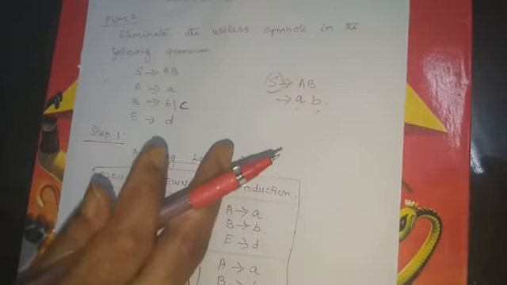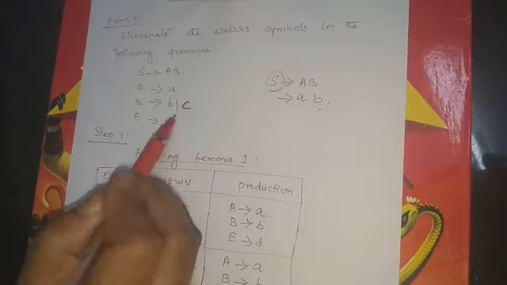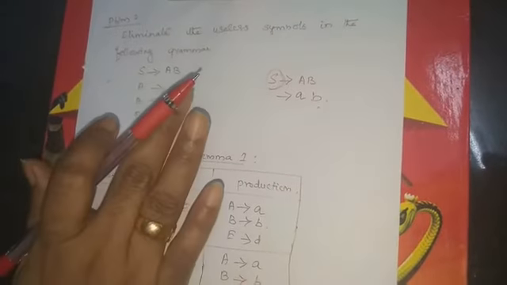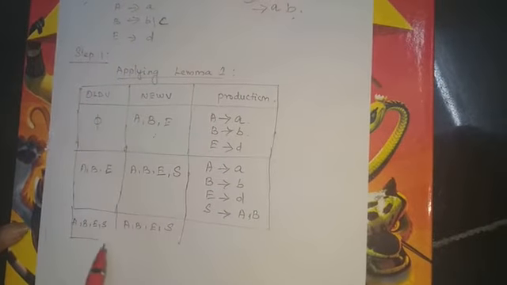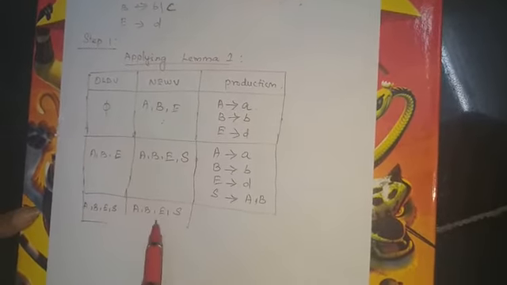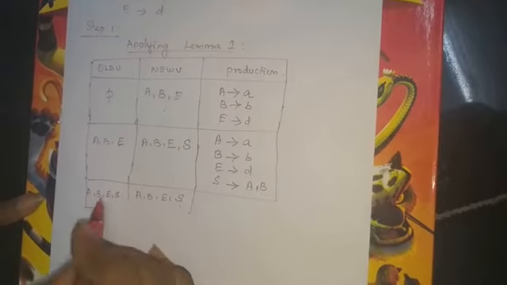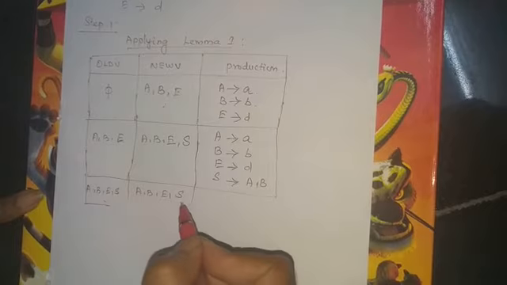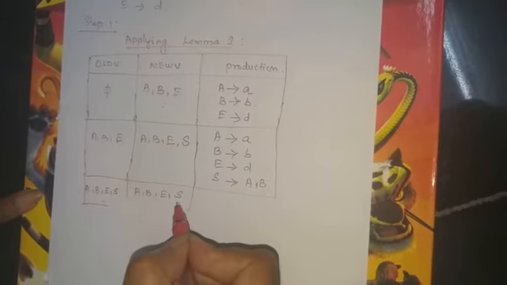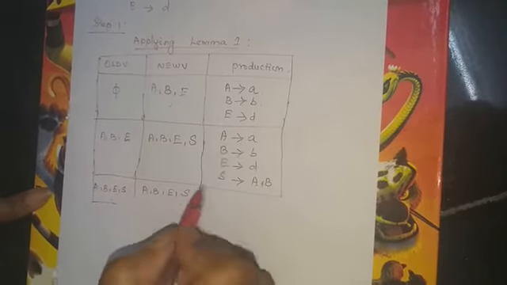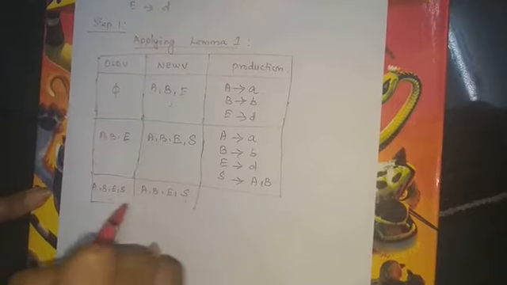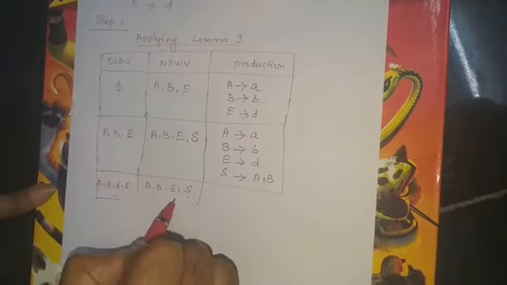For C also I will not be able to substitute. E, D, I cannot substitute anymore. Okay, so with that I have to stop. So there is no possibility of substitution. So now when you compare old V and new V, it is equal. Okay, if it is equal, then I am unable to add anything to new V. So I'm stopping here. So after stopping, you have to compare old V and new V.